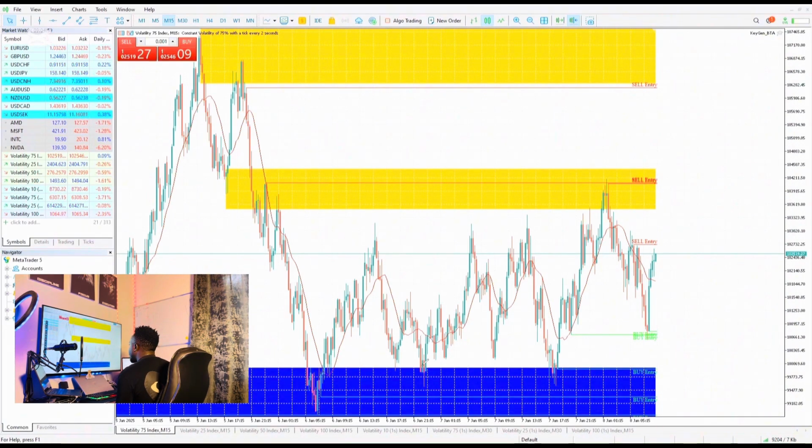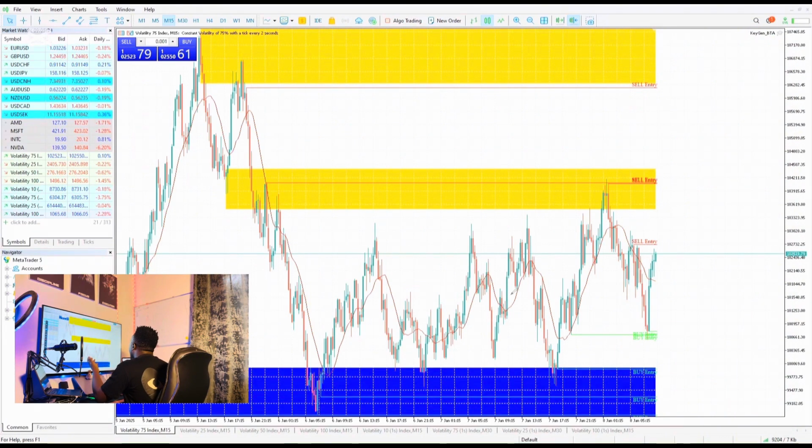Okay, and then it retraced, did what it did around this zone, and tapped in again to our support, and it gave you another buy entry. And as you can see, it pushed all the way up to this sell zone. So you would have actually played around this section, just getting money by using this indicator alone without any analysis,